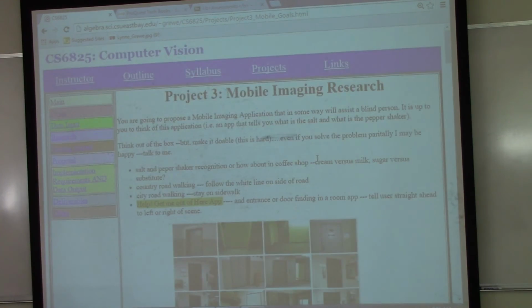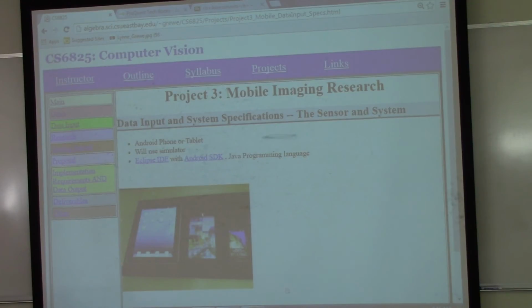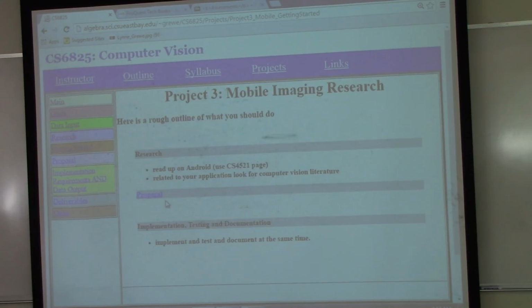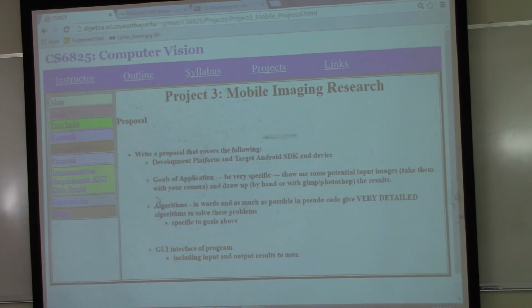Okay, so this talks about what the goals are. This talks about what the input is. It's Android. If you really want iOS, you can talk to me. This talks about the fact that you will need to do research. And that's where Project 1 comes in. That'll be the research. So here's the problem, chicken and egg. You might not know what exactly you want to do for mobile, if you're choosing mobile. But hopefully you can find something that attracts you, and even if it changes, the research will be helpful from Project 1. Okay, so you can take a look at this. This talks about getting started. You're going to be making a proposal for this. You're going to be describing what you're going to try to do.